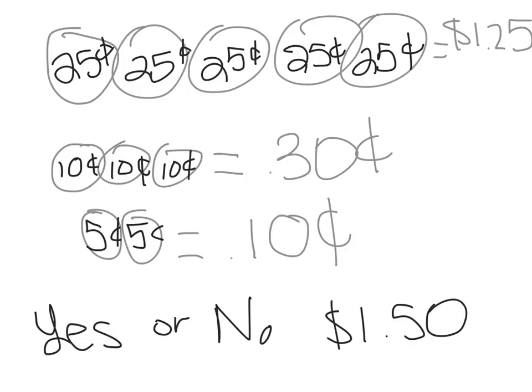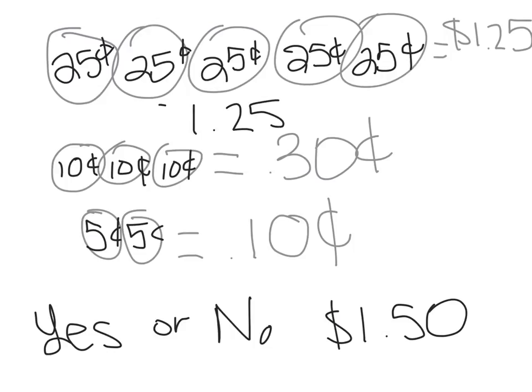All right, in order to give us more room to complete the problem, I went ahead and moved to a separate sheet of paper. So I wrote out that we have $1.25 worth of quarters, and then we have 30 cents worth of dimes, and we have 10 cents worth of nickels. And on the bottom, I said that we have a goal of reaching $1.50 in change, and so we're going to see if we're able to reach that. So first, I'm going to write down